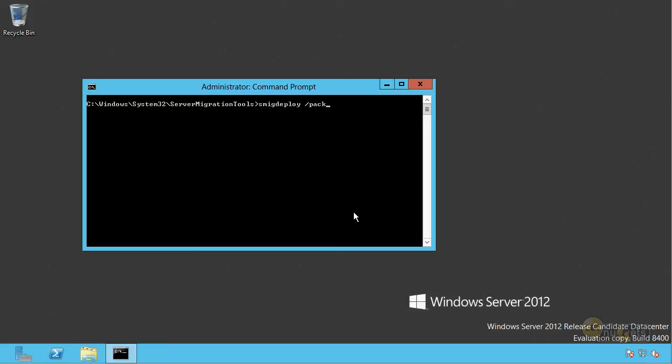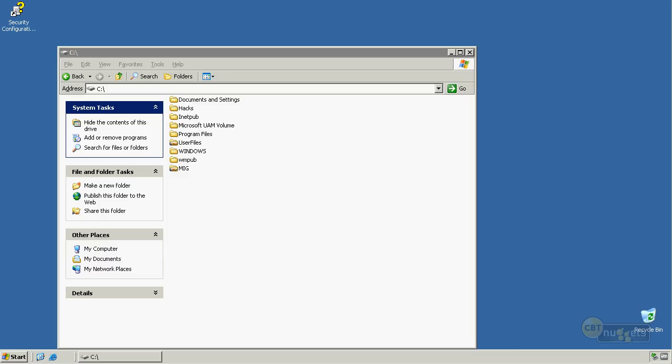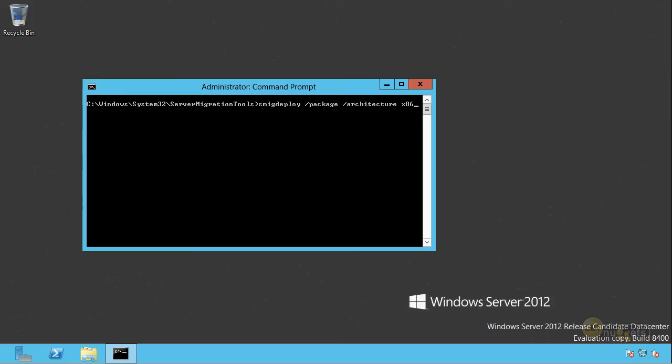What we're doing here is we're going to extract a package that has certain kinds of tools and other files that are necessary to make this tool operate. And I'm going to specify the architecture as well, whether it's x86 or x64. It's x86, for example, in this case, because let's say that I want to migrate things from this Windows Server 2003 computer. Well, this is only a 32-bit operating system, so this would be a good reason why I'm doing a migration, because I cannot upgrade it, because it's 32-bit. So what I would do here is specify x86 as the architecture that I'm migrating from,